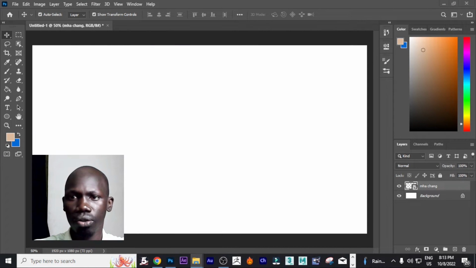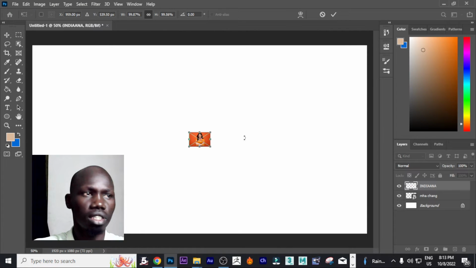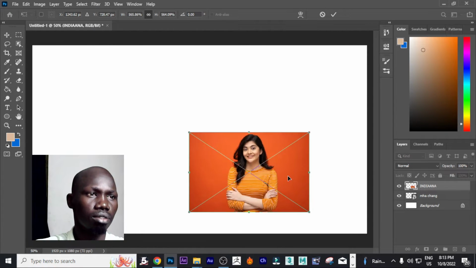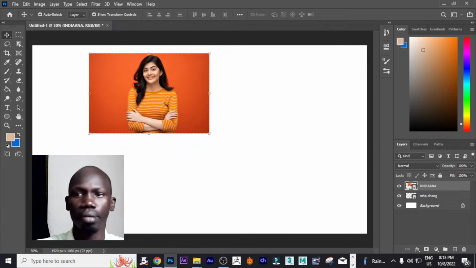Right now we are going to change or remove the background image of our picture. So let's bring in one of these pictures just like that. So I'm going to scale it just like that. So we are going to bring in